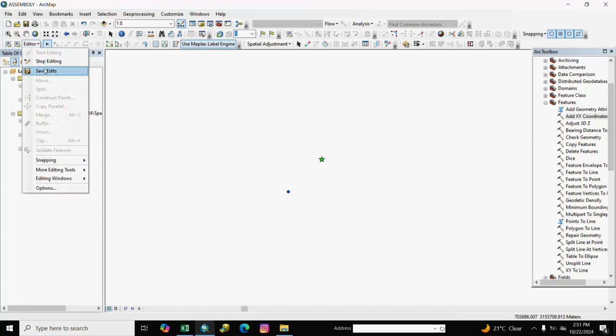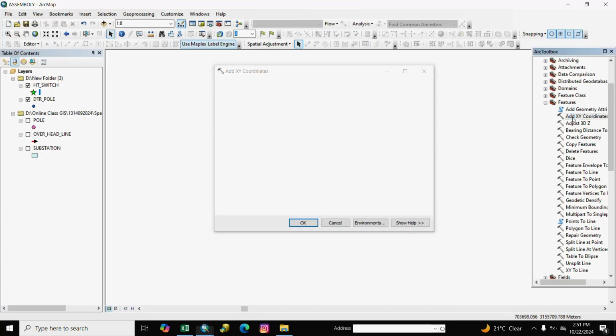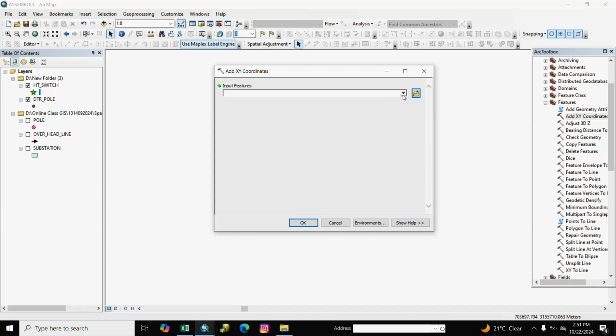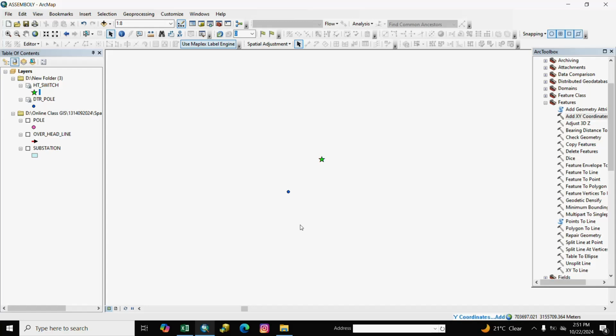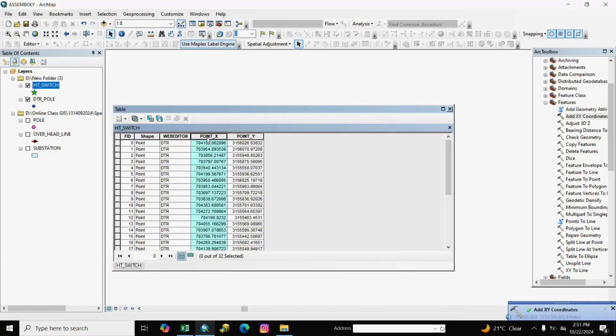So we save it and stop it and go to add XY coordinate, double click and we go to HT switch and OK. Coordinate added. You see here XY coordinate added.